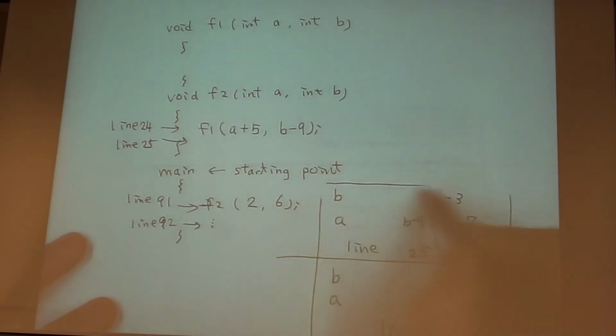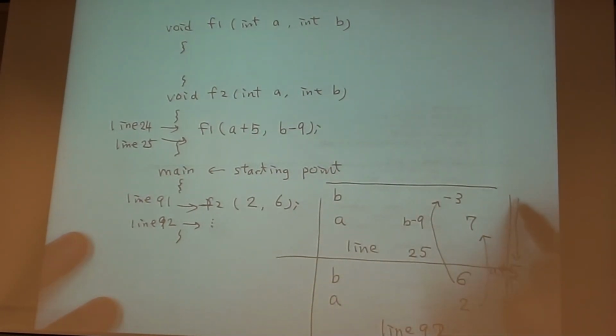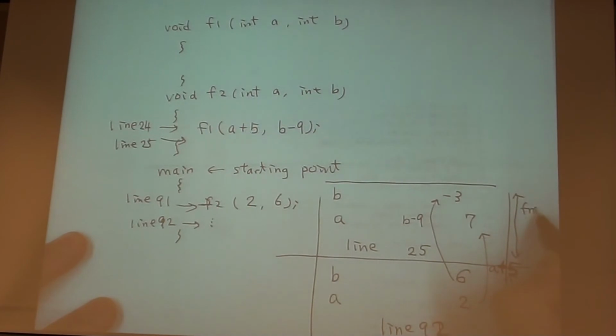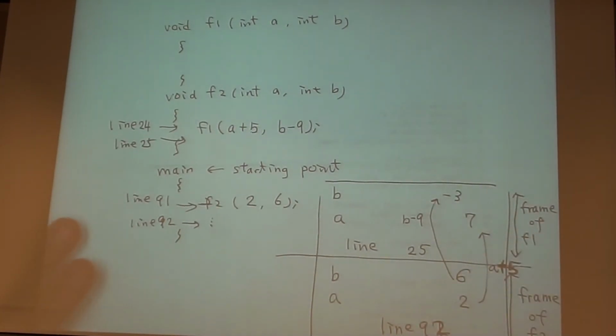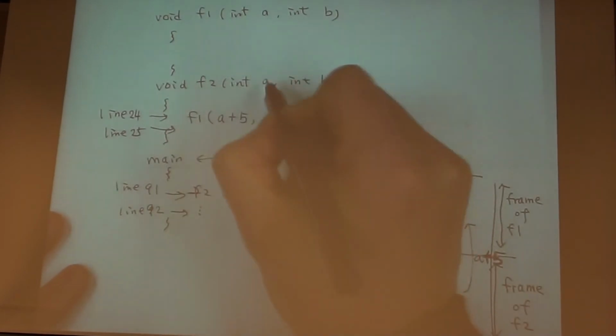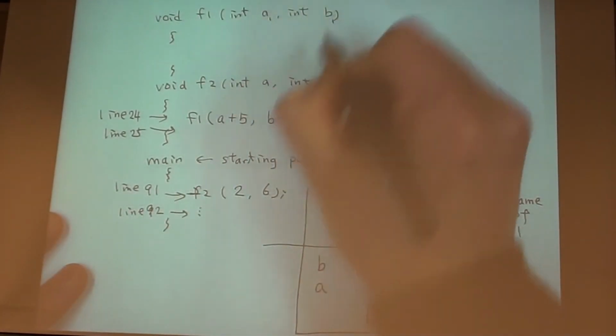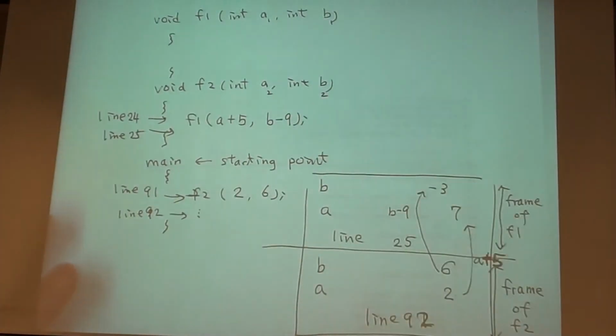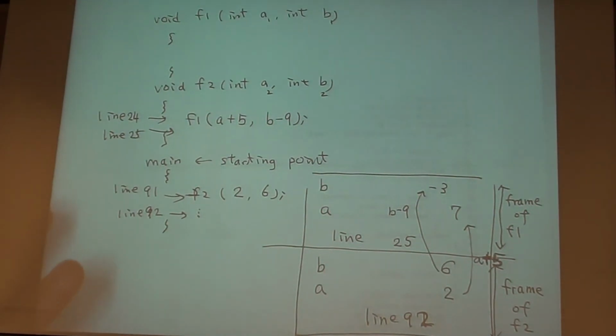This is another frame. This is a frame of F1. Does it still pass the A and B's there? Which A and B? Okay, now we call it A1, B1, A2, B2. They are called A and B, but I want to distinguish them as 1 and 2. Which A and B are you talking about? In the F1,